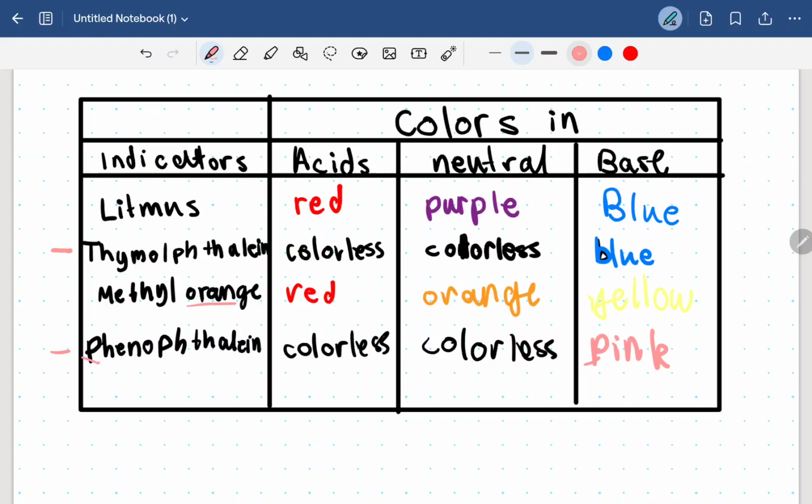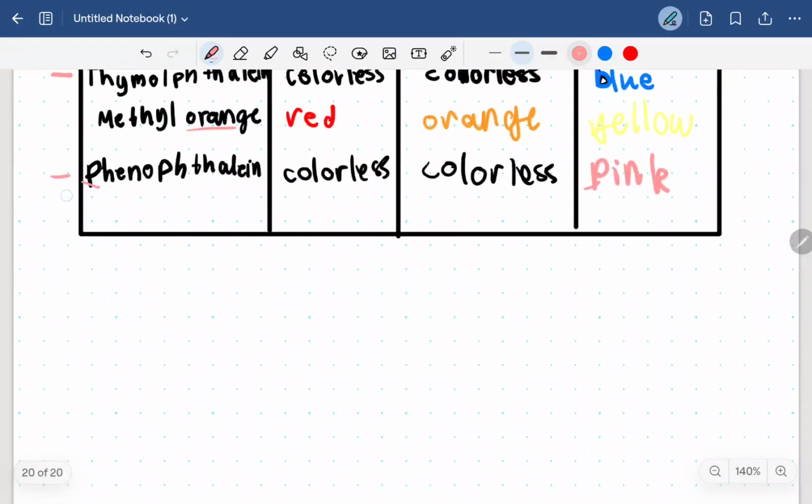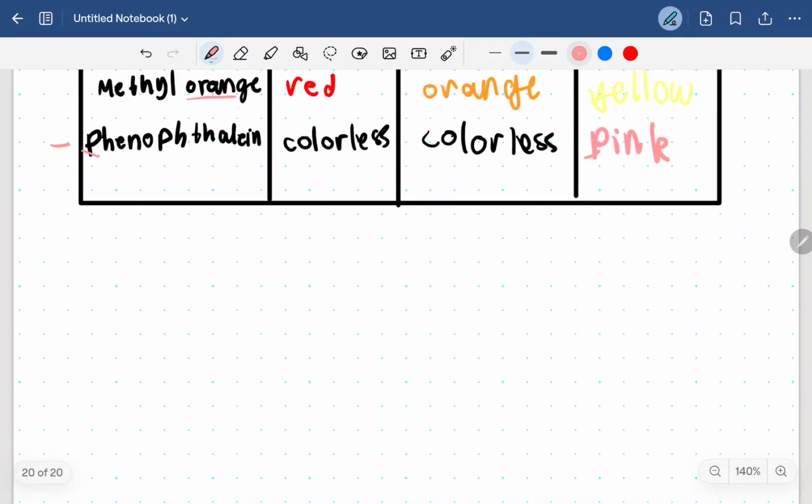A base, which is closer to neutral, well, not really, but still. Acids are usually red, and bases are usually other colors. Bases are usually blue. Just memorize this table with the colors, or memorize the one we have in the notes. Both are really good. And yeah, these are all our